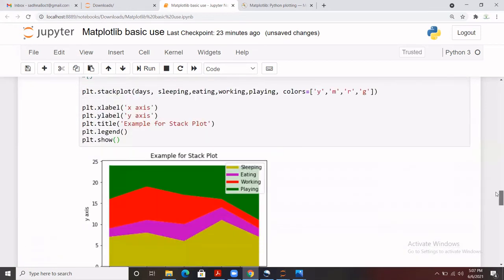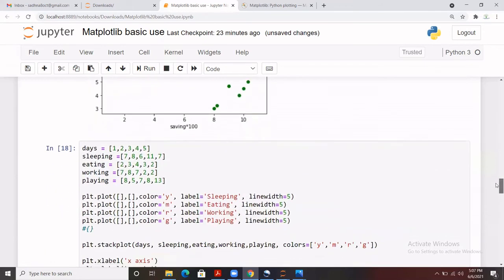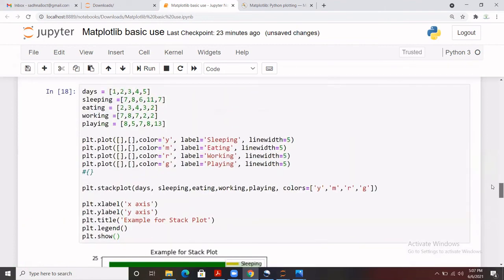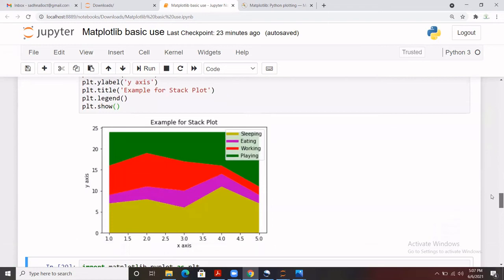That information comes from the data for sleeping, eating, working, and playing. So you can create a stack plot to get an idea of the combined information, and understand how the data is distributed for different activities altogether in one place.